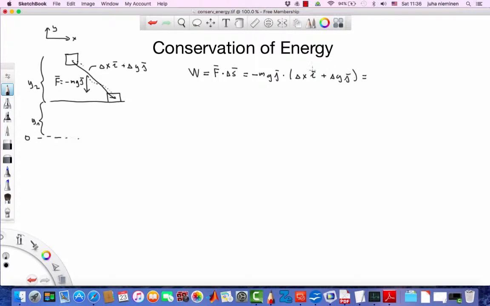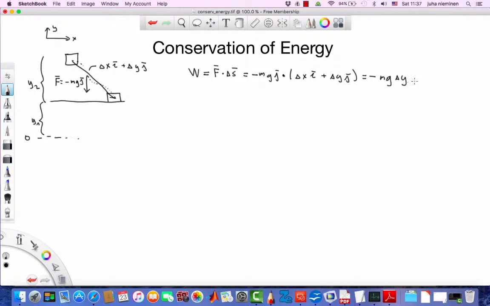And as you know, the dot product is non-zero only for the similar components. So when we're dotting j with this i, that gives us only 0. So the only term that we have left is the combination of the j terms: just mg from here multiplied by the magnitude of the other j vector,